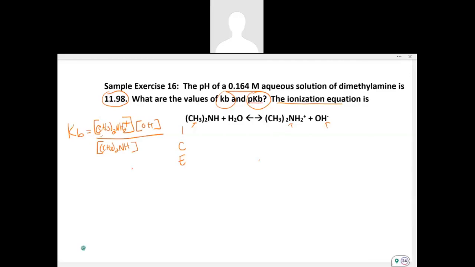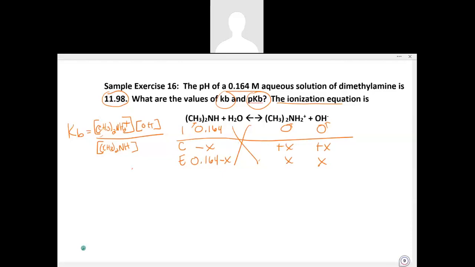We have our initial concentration given. We'll assume that we have 0 and 0 of our products. Let's plug in our change: minus x, plus x, plus x from the balanced equation. So at equilibrium, we're going to have 0.164 minus x, and then these values are x and x. So what else do we need, right? We need to solve for x